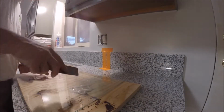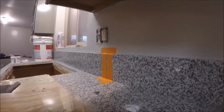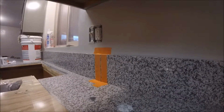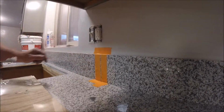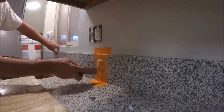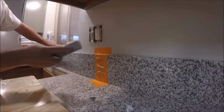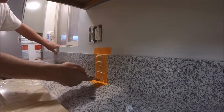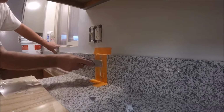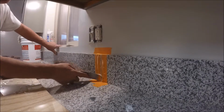Okay. This time I've taped my seam, as you can see, and that way I'm going to have less cleaning of all this. I'm just going to push it in, try to get it in as far as possible. Probably should have squeezed it in there. Had some ready when I put the pieces together, but